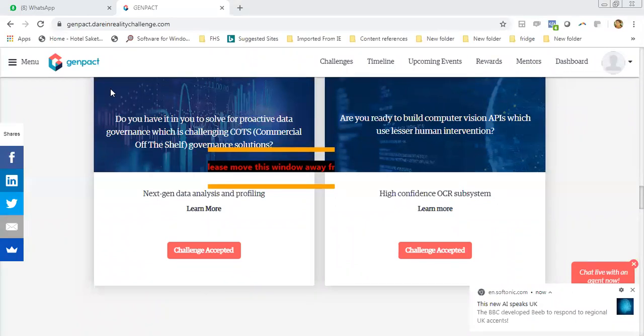Meanwhile, I think Mr. Abhi is having one question related to this use case. He says, in most cases, we are looking at systems surrounding the core AI/ML service. Can we use our own data pipeline platform for solving the challenge, or should it be something built from scratch for the challenge? So Abhi, you'll have to specify which problem statement you're referring to here. Abhi, you can unmute yourself and ask this question.